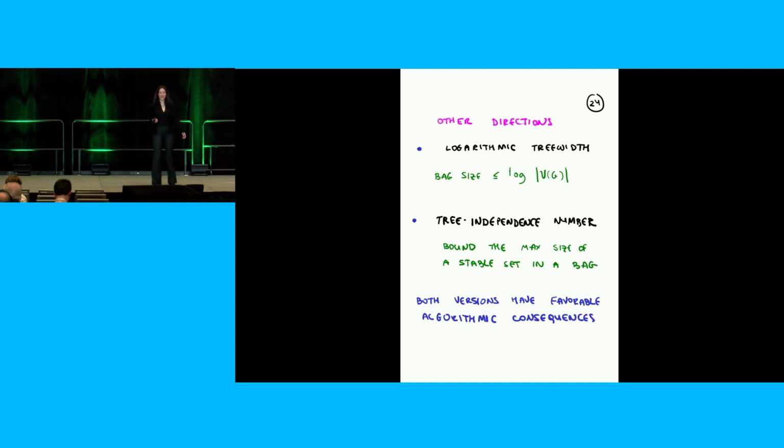And then there's something else that I'm not going to tell you about, but it's a variant of tree widths, which is called the tree independence number. It's something that was specifically designed to solve the max weight independence set problem, the max weight stable set problem. Instead of bounding the size of every bag, you bound how big a stable set it contains. And that's another interesting question you can think about, which I'm not going to go into, but it's a nice question. And again, it helps with algorithms.